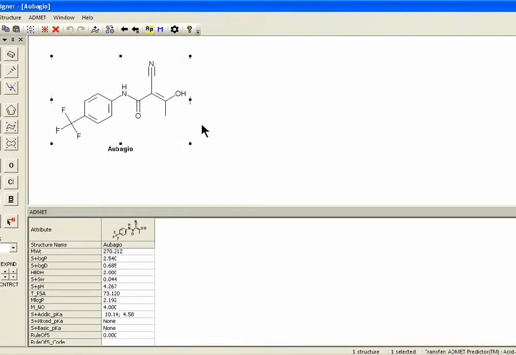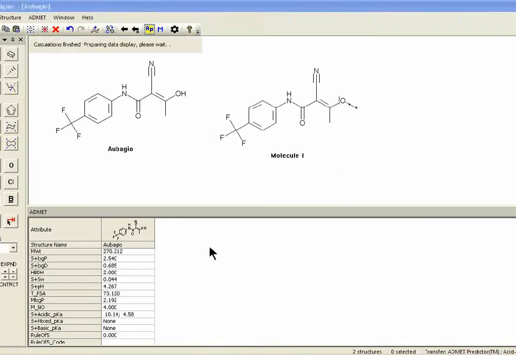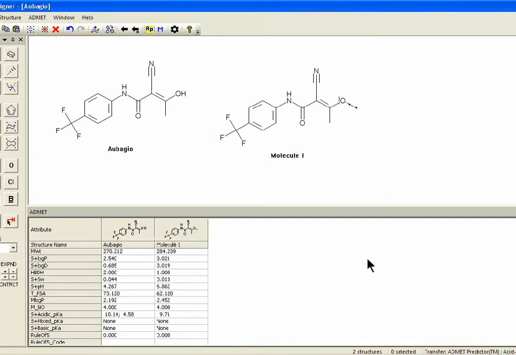We can also copy that molecule and then maybe modify it. So let's take this hydroxyl group and make it a methoxy group. Click on the AP button again and get the predictions for the methylated compound. As you can see here, the log P goes from 2.54 to 3 with the methyl group on it. The log D goes from 0.65 to 3. And this is simply because this is no longer available for deprotonation. So I'd highly recommend just downloading MedChem Designer,